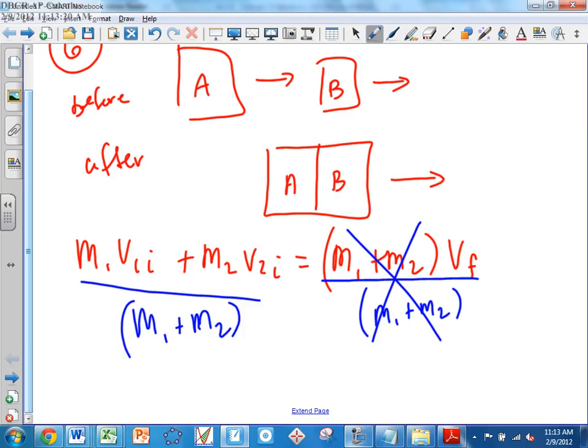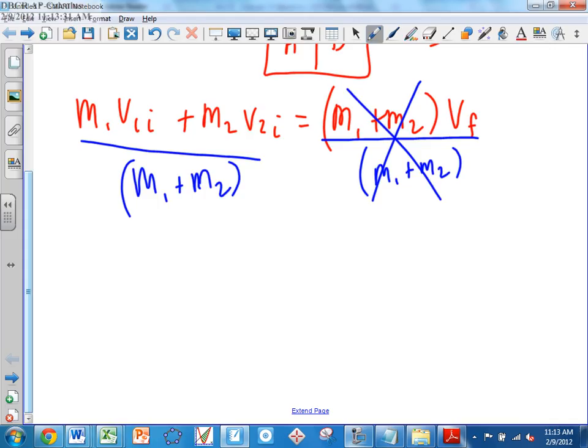That's where it comes from. Okay? We did this in class. If you looked at your notes from class, we did this exact example, and we derived this formula. That's where the lab comes from. So again, at this point, just plug in. Plugging in, you're going to have 95 for the first mass, 4.1 for the first velocity, 85